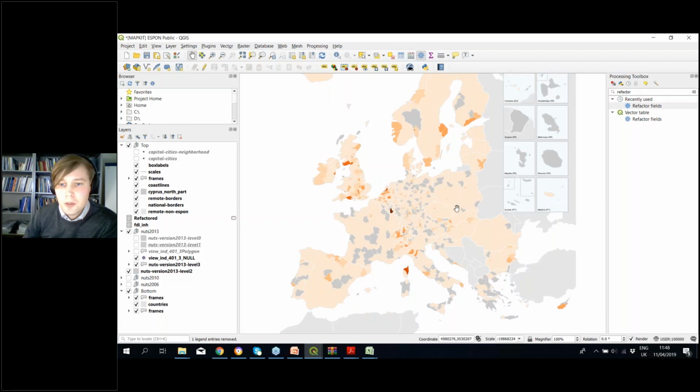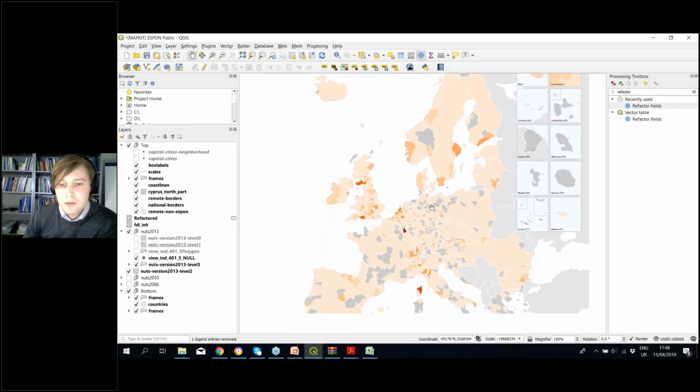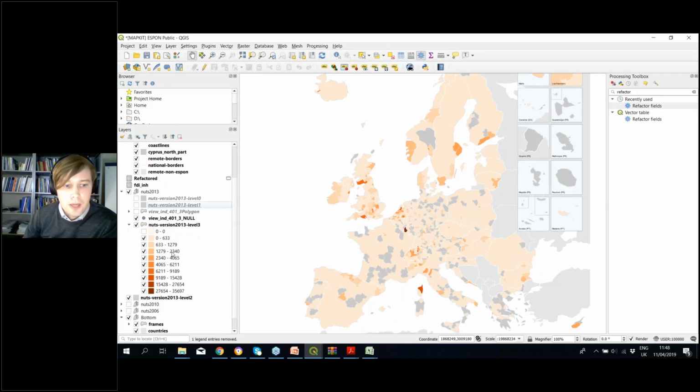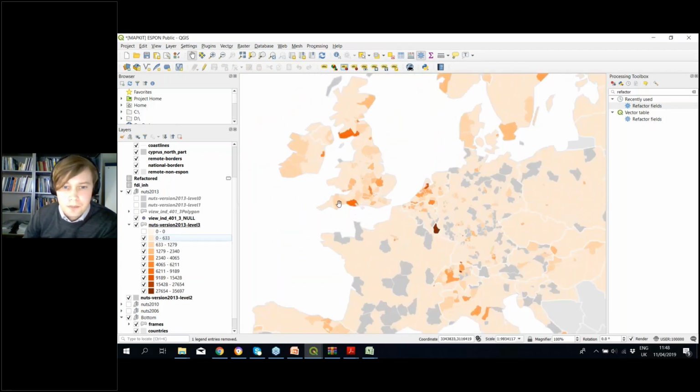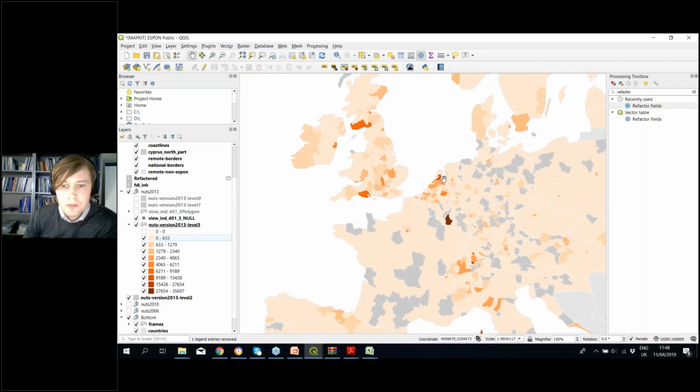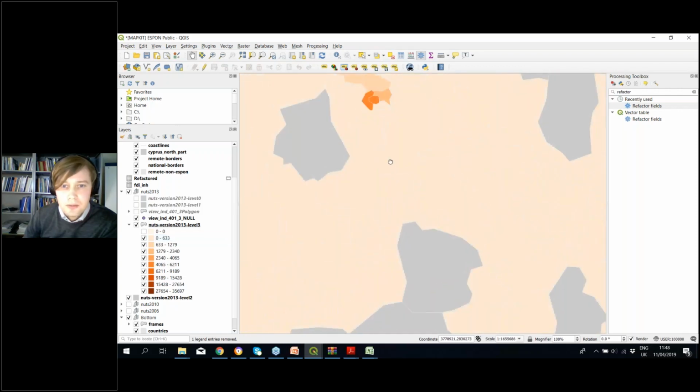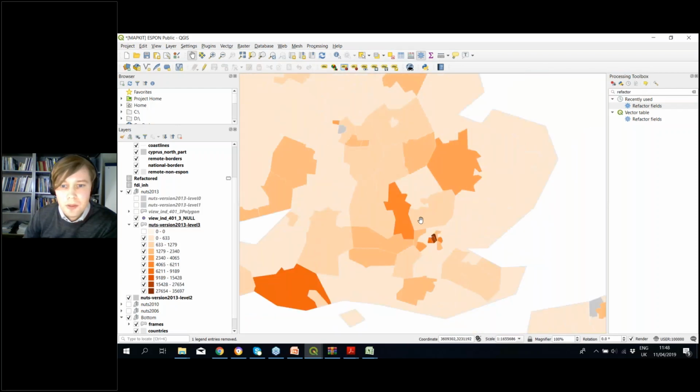It shows that most of the regions in Europe are faring largely the same when it comes to FDI per capita, which is somewhere in between 600 and 633 euros per capita, but you have very serious outliers such as in Luxembourg, or in the case of Amsterdam, or in the case of Paris, some boroughs of London,